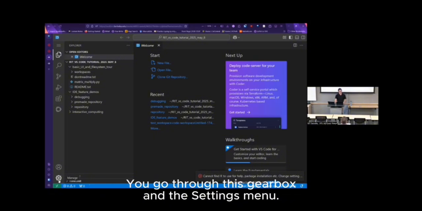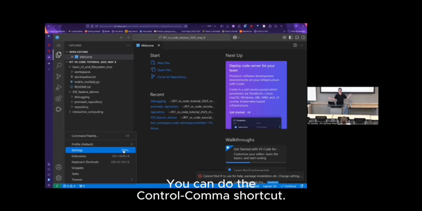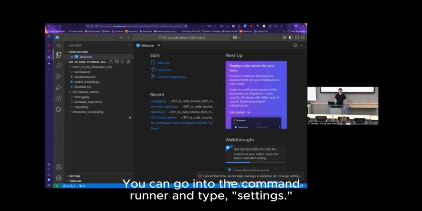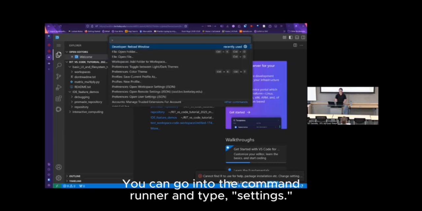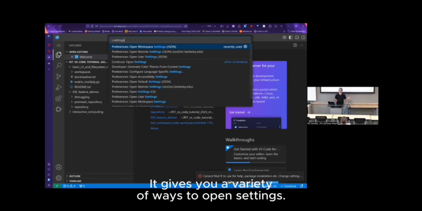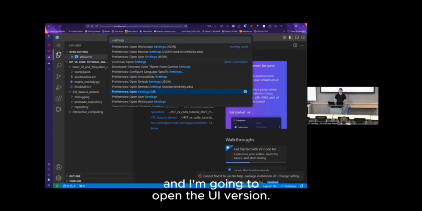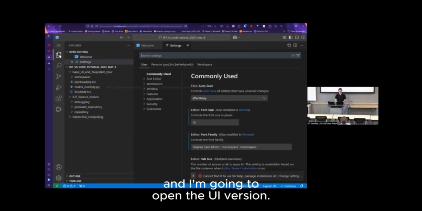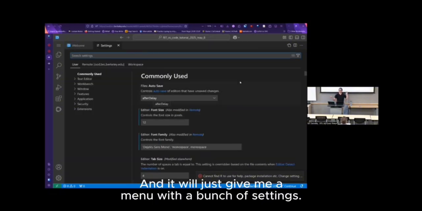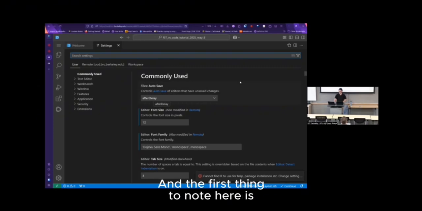You can go through this gearbox and get the settings menu. You can do the control comma shortcut. You can go into the command runner and type settings. That gives you a variety of ways to open settings. So I'm going to open the settings. I'm going to open the UI version. And it will just give me a menu with a bunch of settings. And the first thing to note here is you'll see